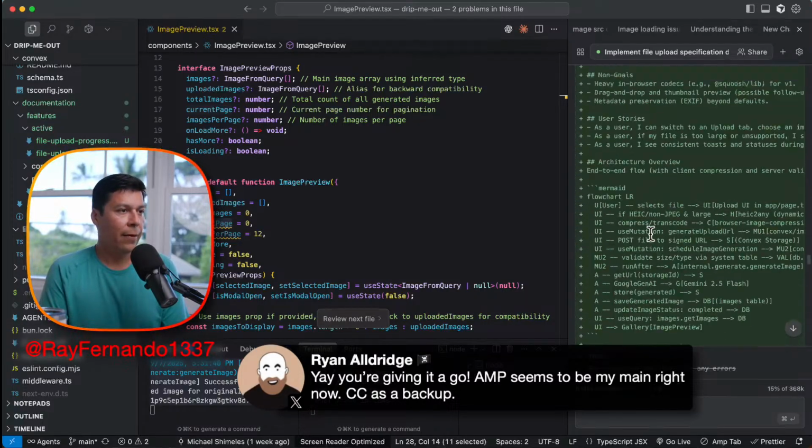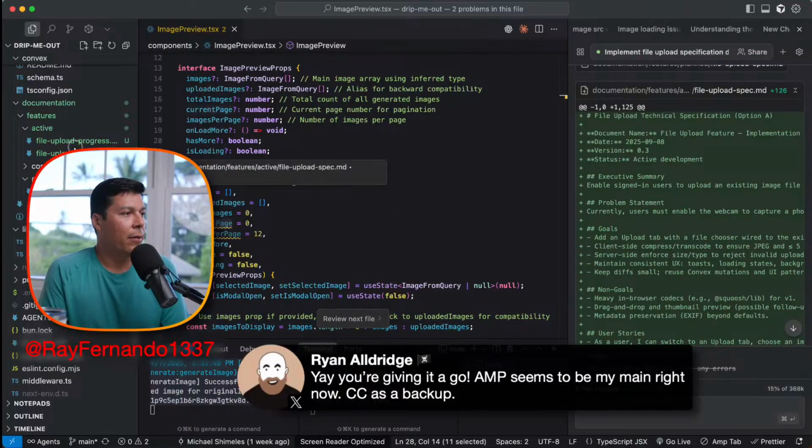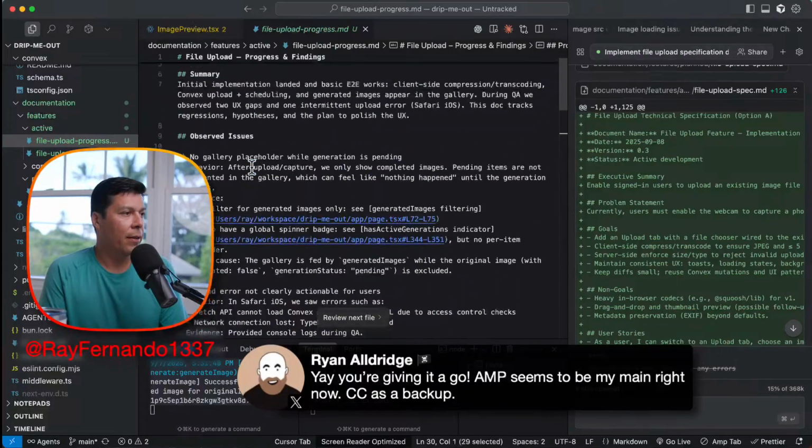And what is it doing now? I'm just kind of curious. So let's see what it's written so far. So this is the doc. And so, proposed fixes for the front end. Okay. So now